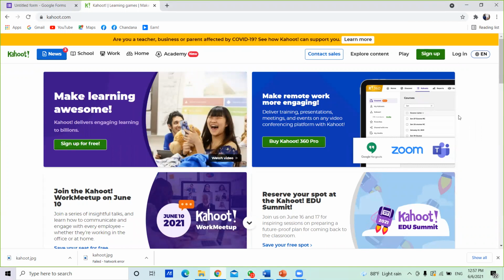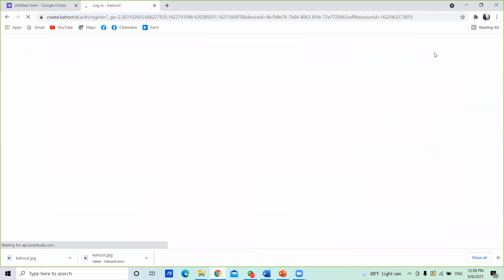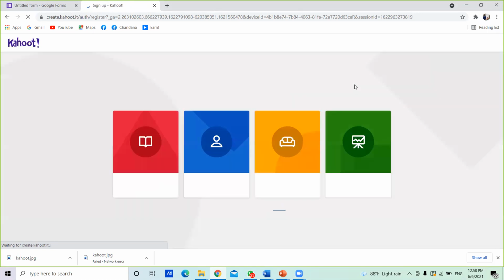If you are using this website for the first time, you want to create the login. Therefore, to create the login, select sign up. Once you click the sign up option, you will move to a screen where they are asking you to select the account type.